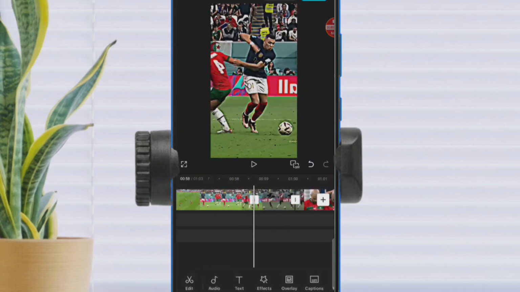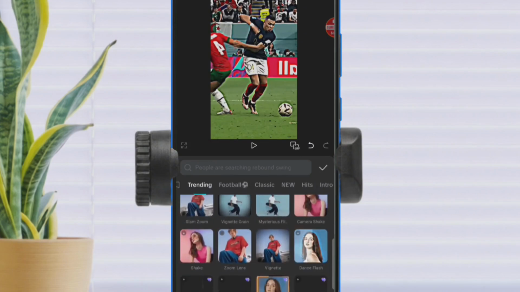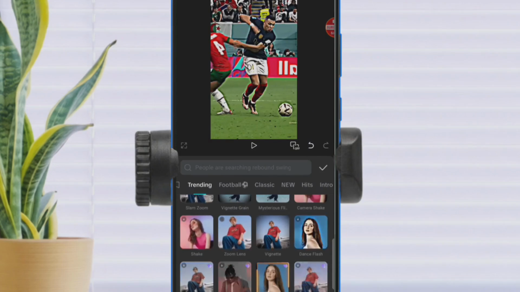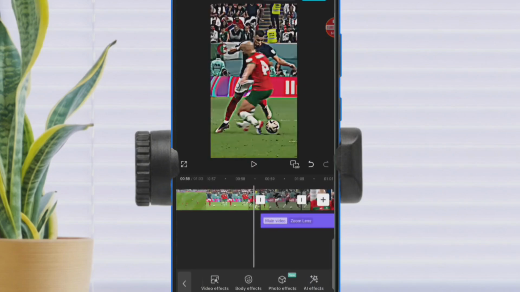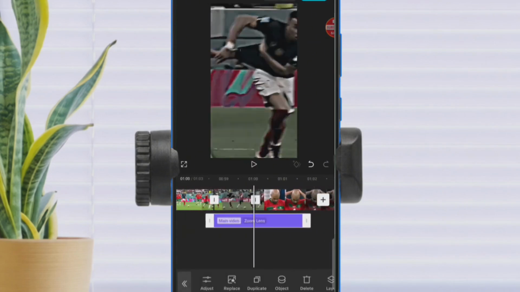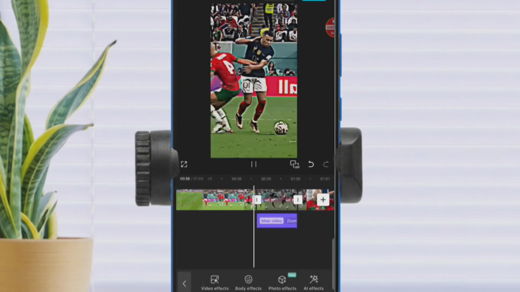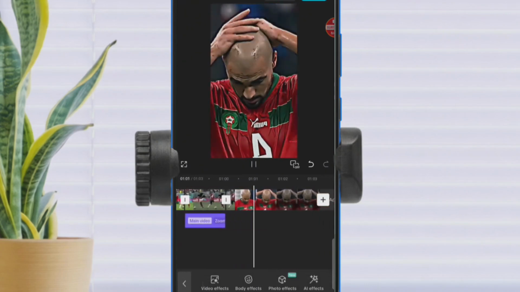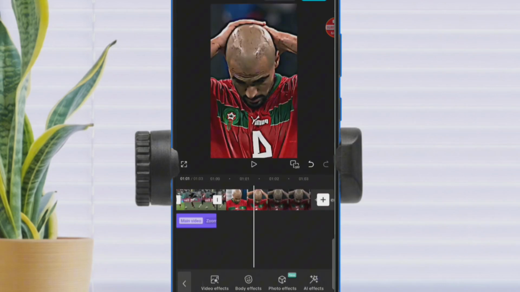we can either select the clip that we want to add the effects to, or we do not select the clip, we just come down here to pick the effect and move it onto the clip that we want to put it on. Okay, let me show you the other way around. So I'm going to go ahead and select this clip, zoom lens. All right, so that zoom lens, I want it just on this section from this point to this point. All right, that worked. I want another zoom lens, maybe another effect.